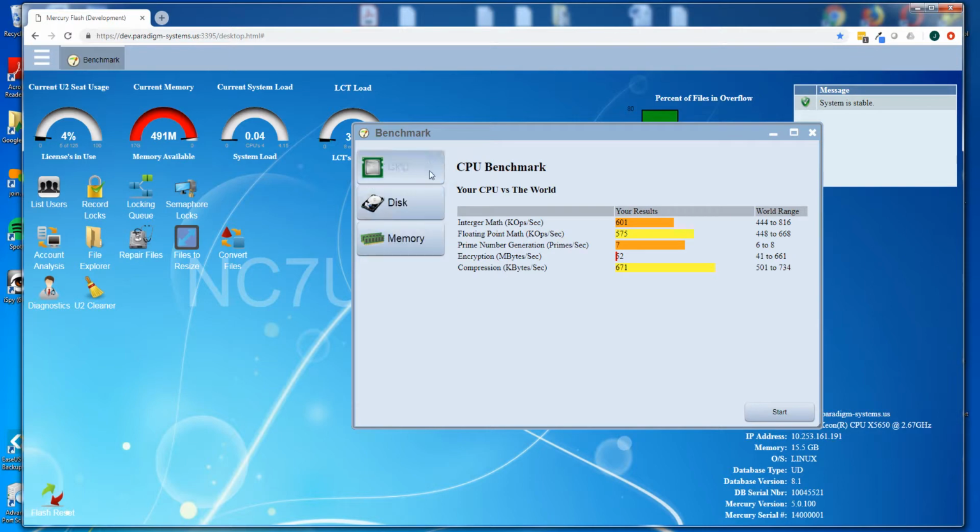Currently, it works just on an isolated system. The eventual goal is to move this into connecting to our central server at Paradigm Systems, where benchmark information can be shared, sent up to our server without any identifying marks as to who the client is. We're just interested in the